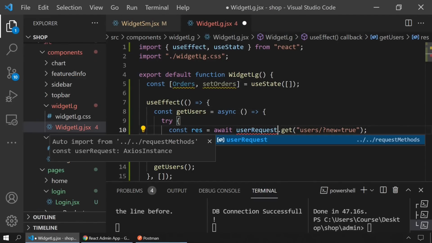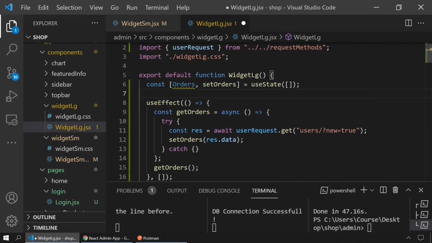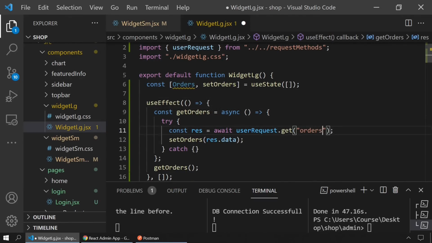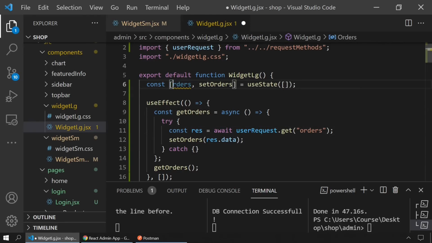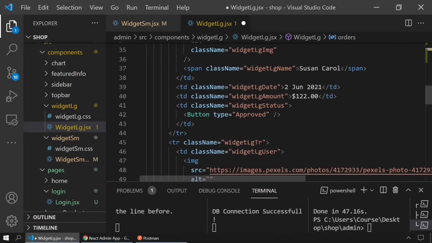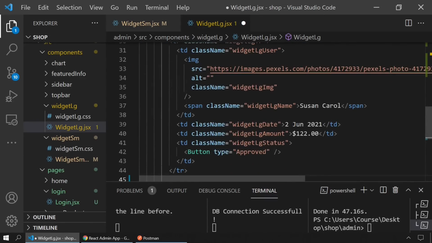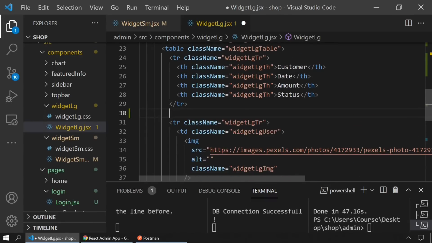Let's import this userRequest and setOrders. And it's gonna be getOrders. Let's change here. Orders. Okay, let's use it. Again, I'm gonna delete these additional TRs here. We need only one, and after that we are gonna map through this one item. So let's do that. I will say order and orders and map,